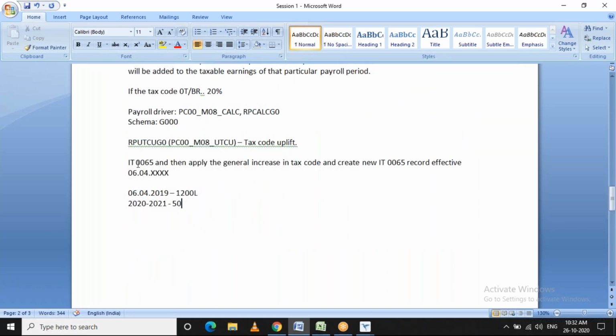So what this program does is read this info type 65 record and the tax code, increase the value by 50, and update the new info type 65 record as 1250L effective 6th of April 2020. Is it clear? Any doubt in this uplift program?